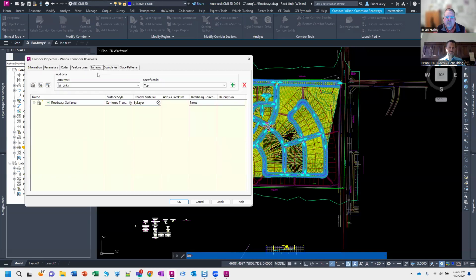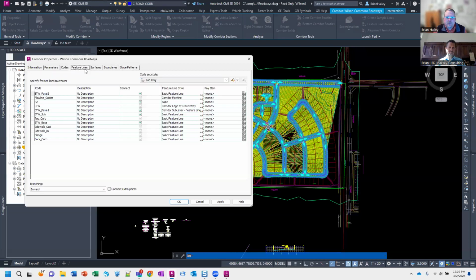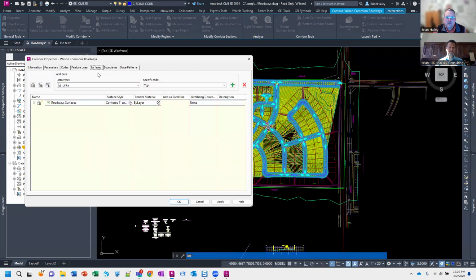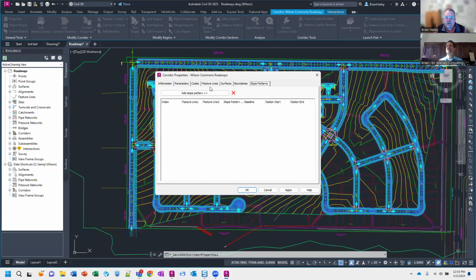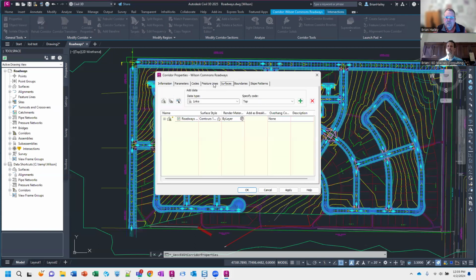There was a slight delay when I went to the surfaces for the first time that I don't remember seeing in 25. Yeah, so that'll save you no time at all. I suppose if you're working in a massive corridor, you might see it, but